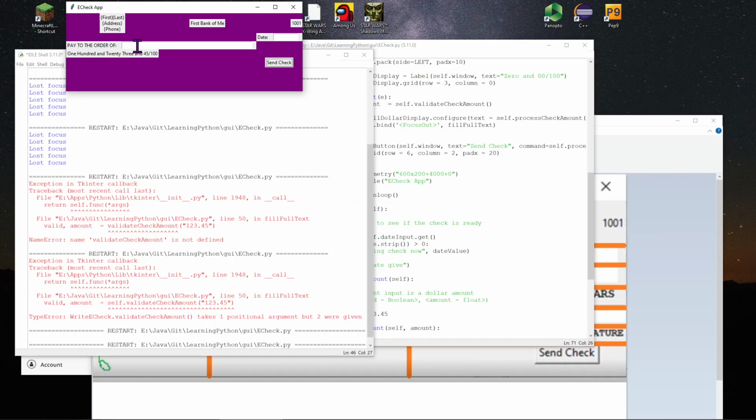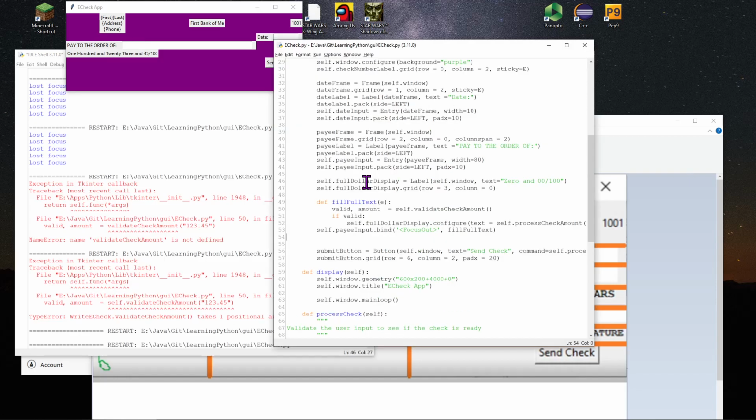Now, the idea is it's supposed to do it based off of what I type in, not just some hard-coded amounts. But I wanted to show you this whole structure right here, which is the listener on the focus out binding that will validate the amount. And if the amount is valid, that's going to set it to this amount that got configured for the check. So the last key here is how the heck do I finish this process check amount? Well, this is just straight a logical problem. It doesn't make it easy, but it's just simply saying I'm taking a number and I'm